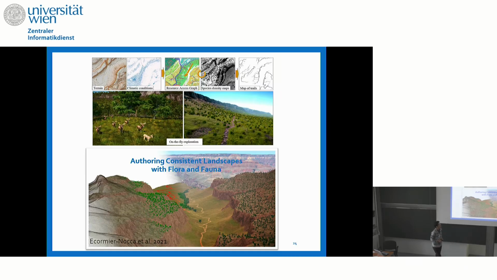We are able to even generate and find the trails that are taken by herds of animals. And here we are matching the synthesized data with real-world images of the Grand Canyon to show how they match